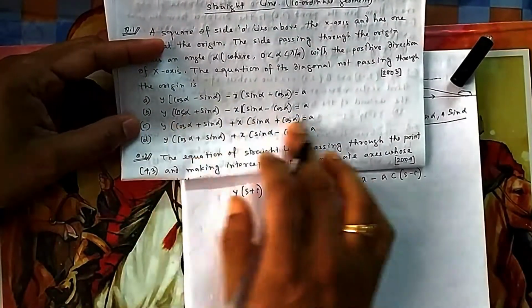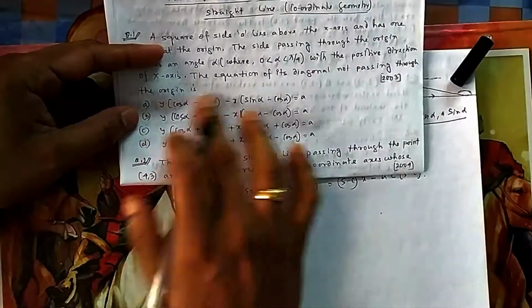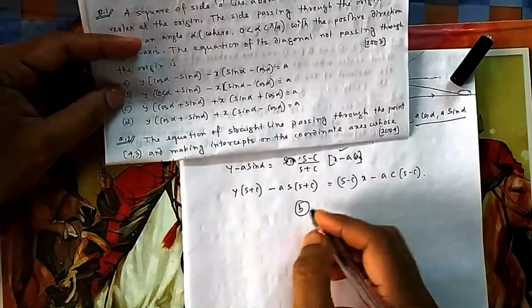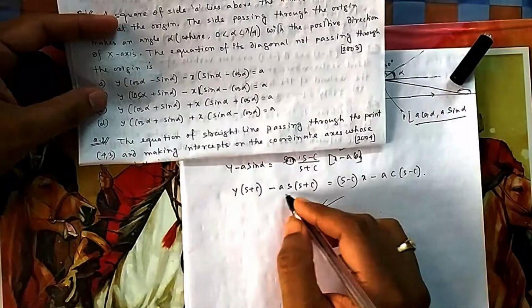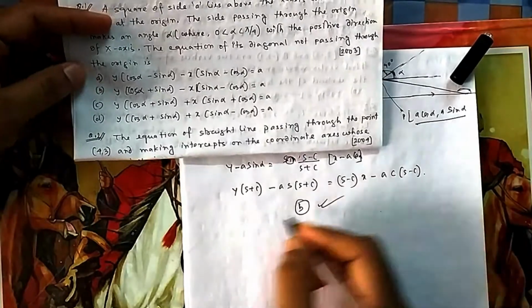So obviously C will not be the answer, A will not be the answer, and out of these two, this one is giving. Or you can change the sides also, you can check it, it will find B. It will be sin square plus cos square, that will be A. Instead of sin square cos square you write, and others will get cancelled.